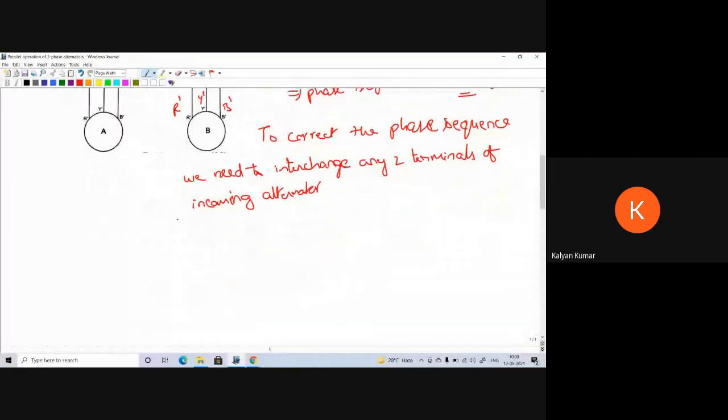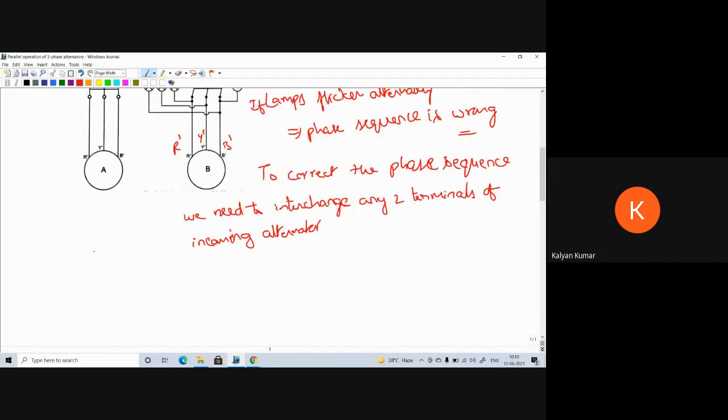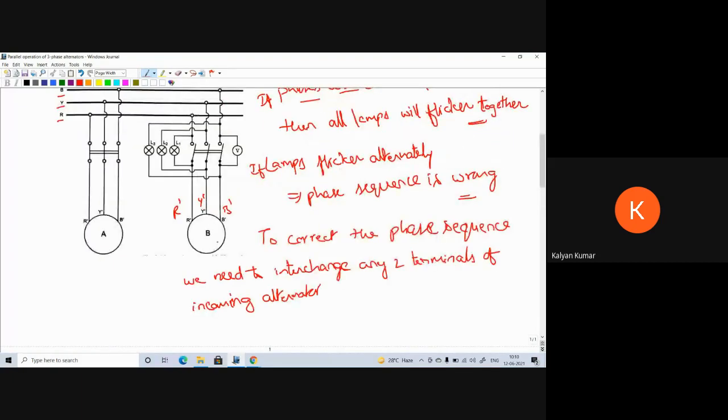So once the phase sequence is correct, then by adjusting the speed of the incoming alternator, we have to see that the lamps flicker slowly. So when the lamps are flickering slowly, we have to close the synchronizing switch. So when the lamps are flickering slowly in the middle of the dark period,